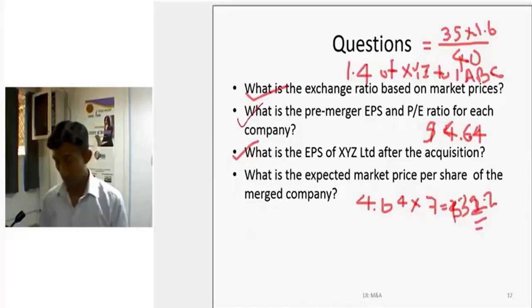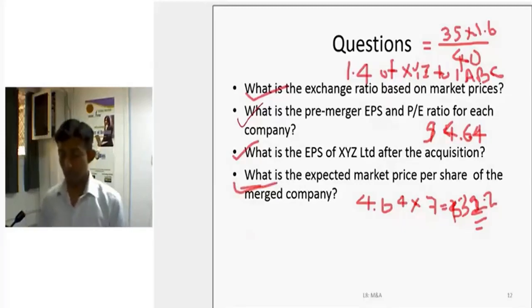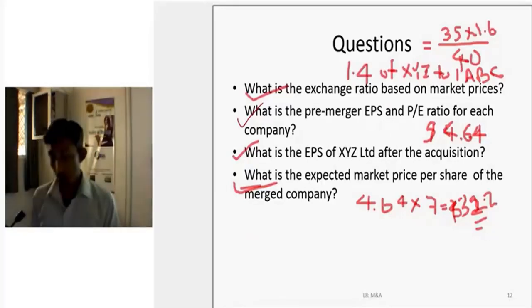Okay, so that is very important. So we resolve the last one as well. First, what we did was calculate the exchange rate based on the market ratio. The exchange ratio was given, but the exchange ratio based on the market prices we calculated, and the pre-merger earnings per share and the